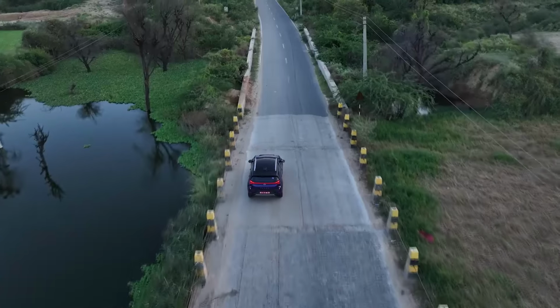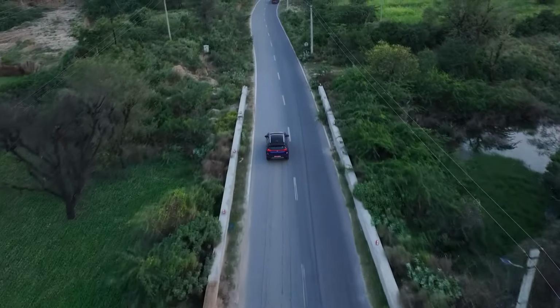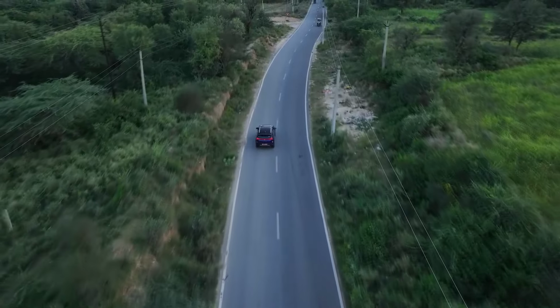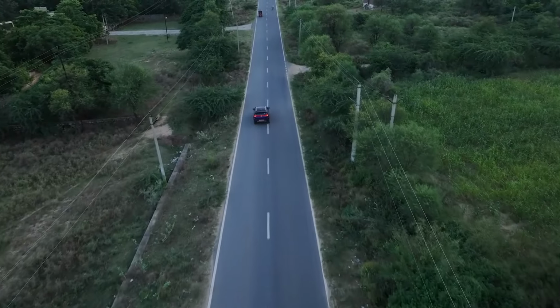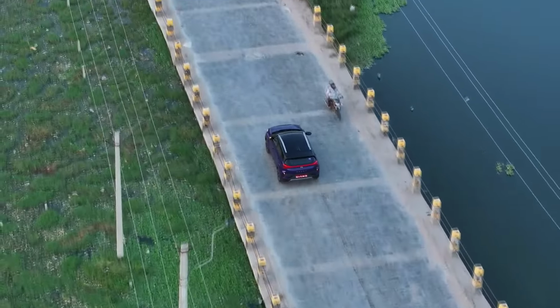So that is where the Nexon diesel will be really great. And this is actually a car that has gotten much better than before. It's almost been a year. Again, it's one of the late Tata road test vehicles that we are making sure that we drive as much as possible. We put out a review this late, but then again,